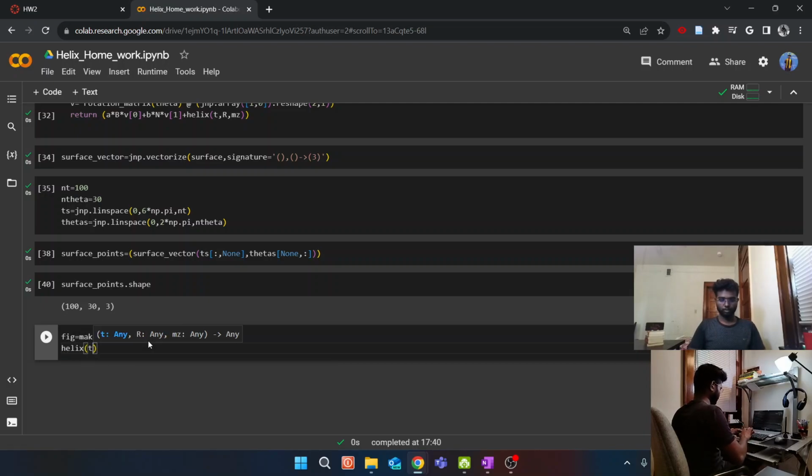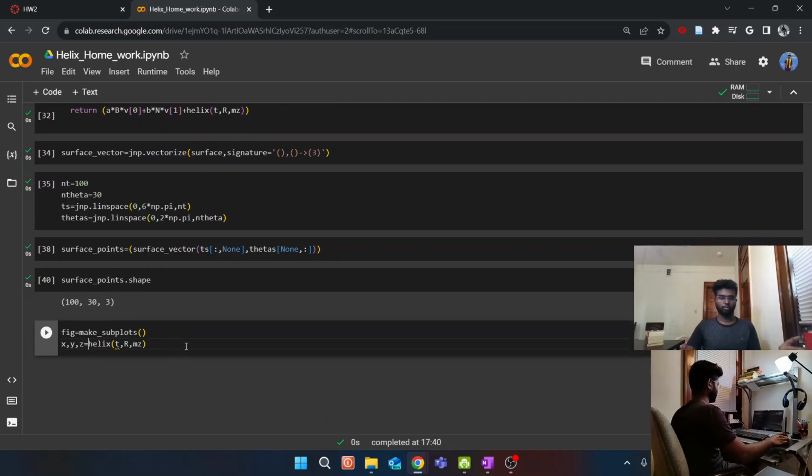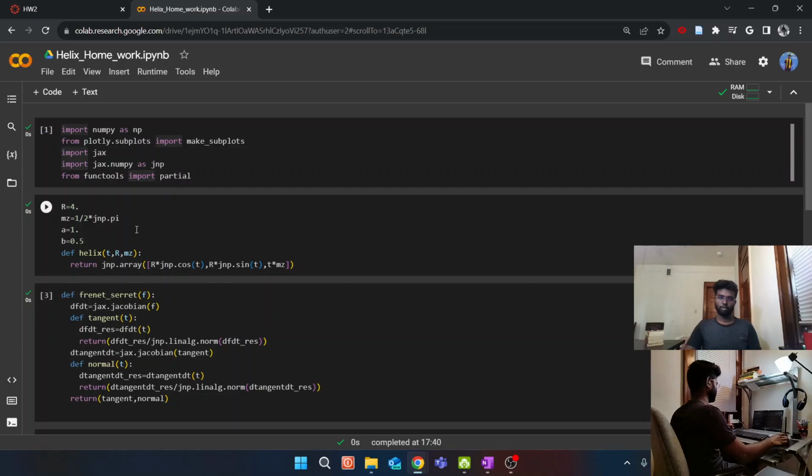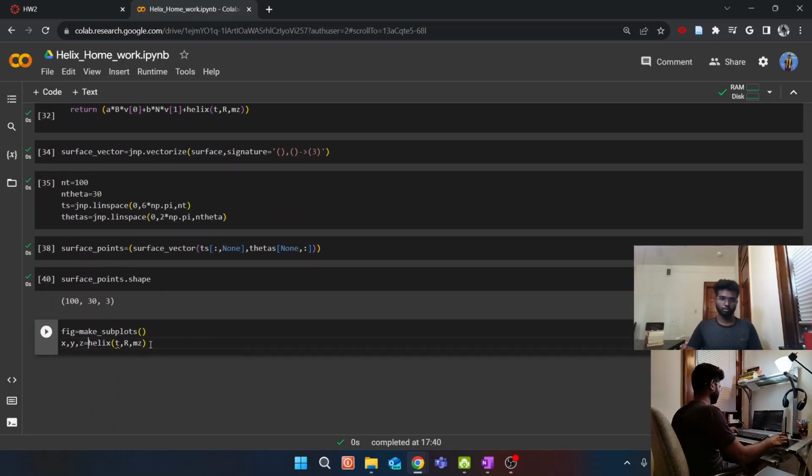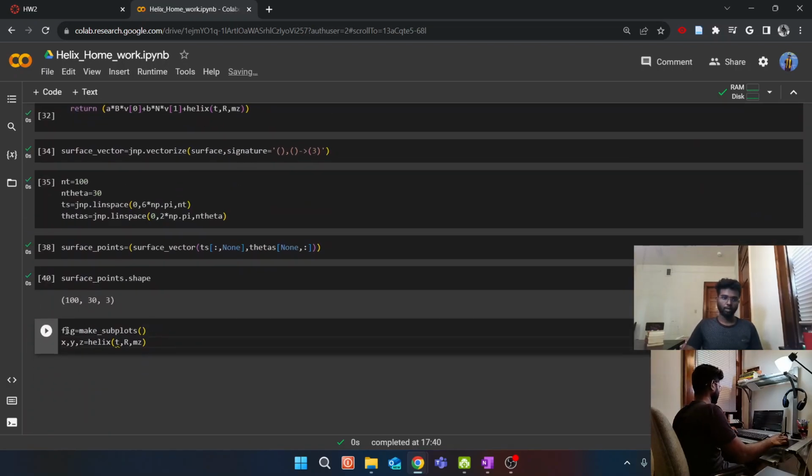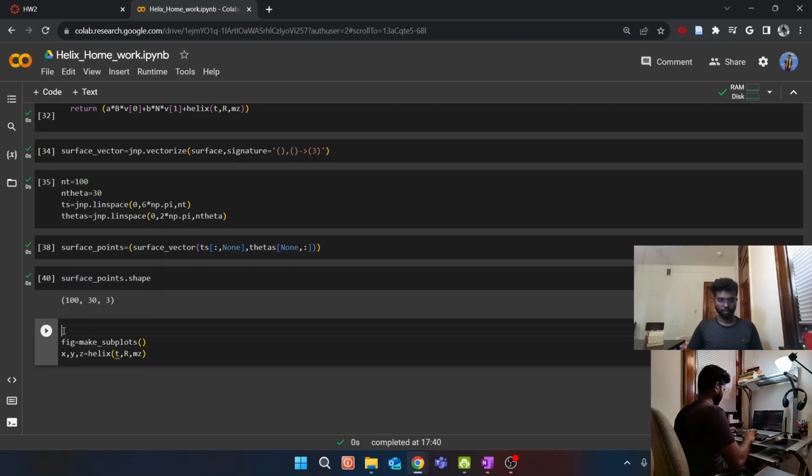We're going to put the values of T, R, and G. R and G are already defined, and we're going to unpack them into x, comma y, comma g. Just the way we did it before. I showed how to do it. So just do like this, and to get the values of T's, we'll take the values like